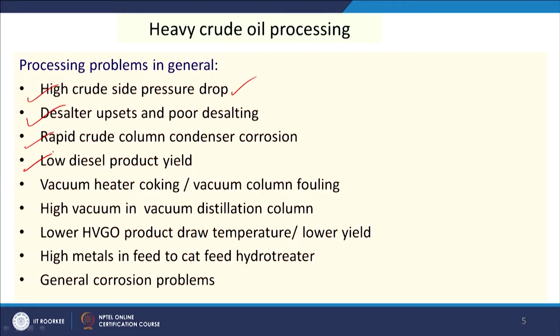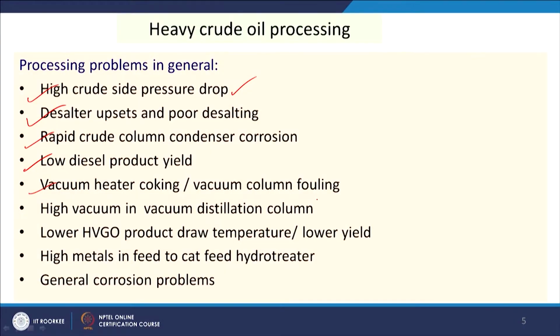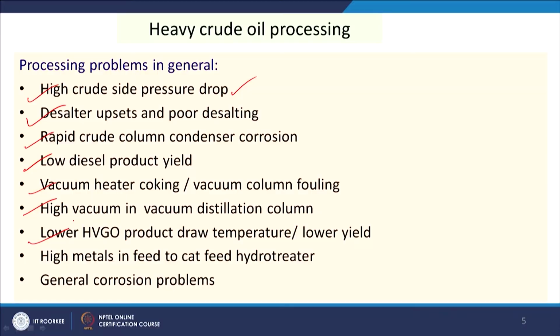So, low diesel product yield, this feedstock will give low diesel product, and vacuum heater coking, vacuum column fouling. It can also cause more fouling, scale formation, etc. And for high vacuum in the vacuum distillation column, we have to produce more vacuum so that relatively heavier components will also come into the liquid form. So, lower HVGO, heavy vacuum gas oil, product draw temperature and lower yield, and then high metals